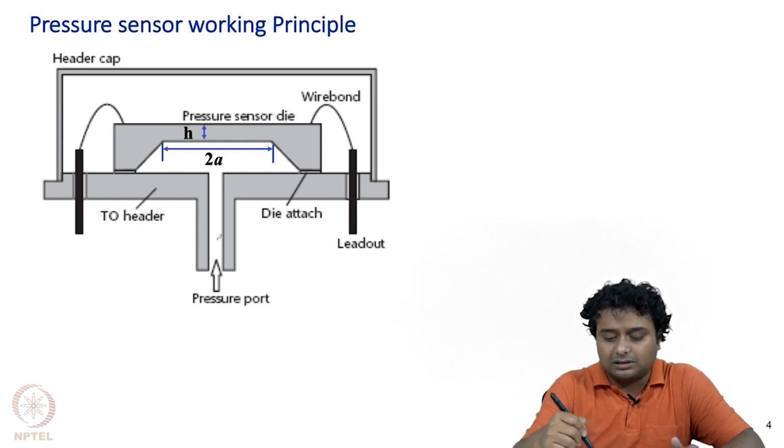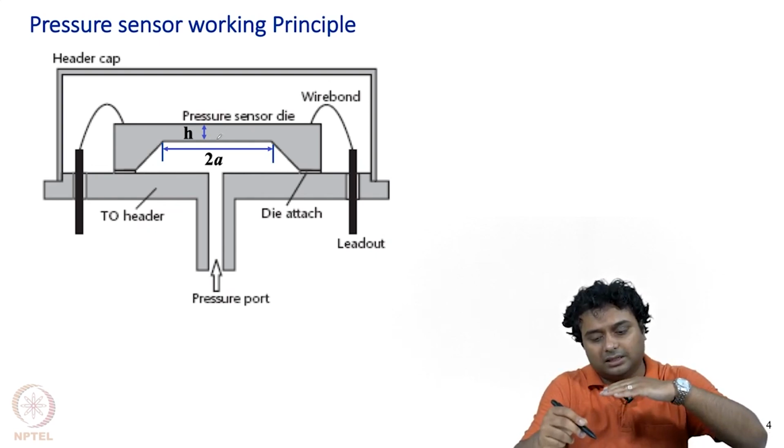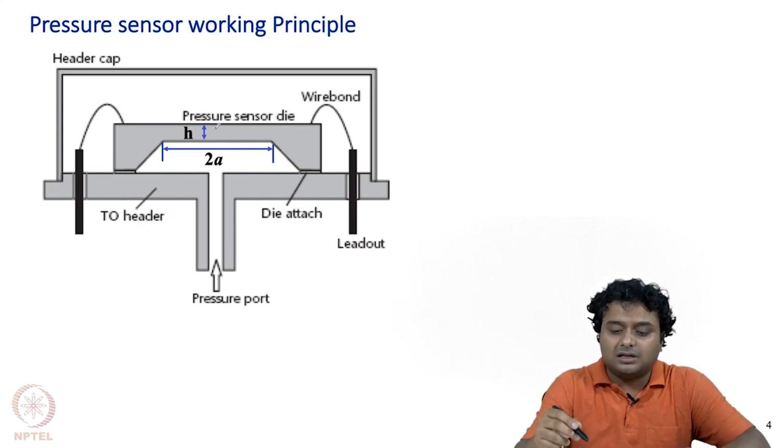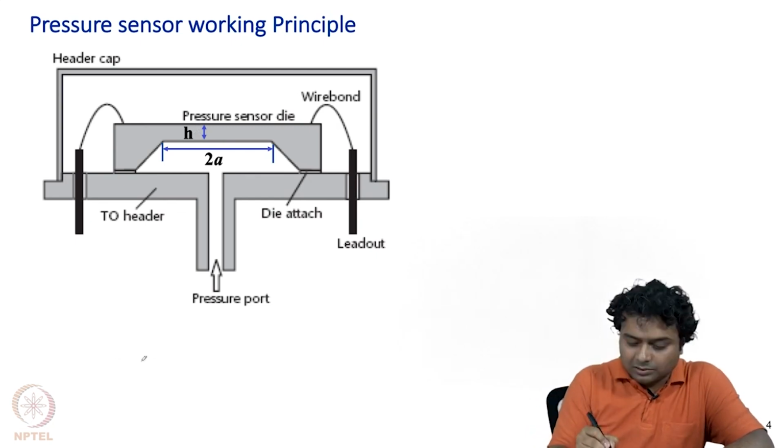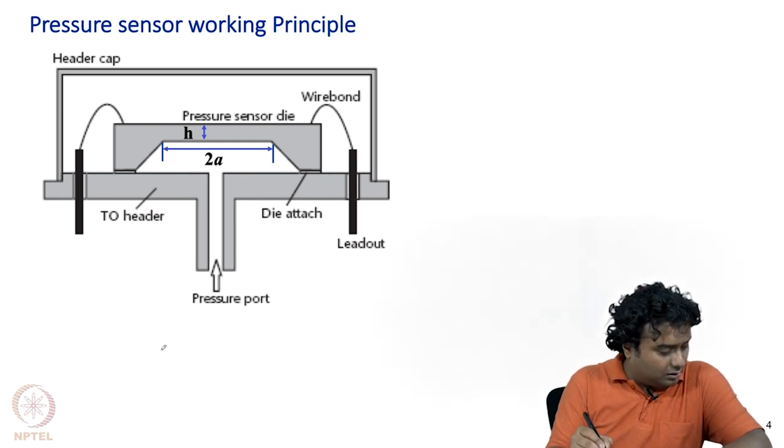As the gas pressure comes in, it will have a ballooning effect, and this membrane will deflect a little bit. We will measure this deflection of the membrane by some technique and can calculate the pressure. Now, for this case, if we have a membrane of size 2A and let us say the thickness of the membrane is H, then from the theory of plates we can write that P equals